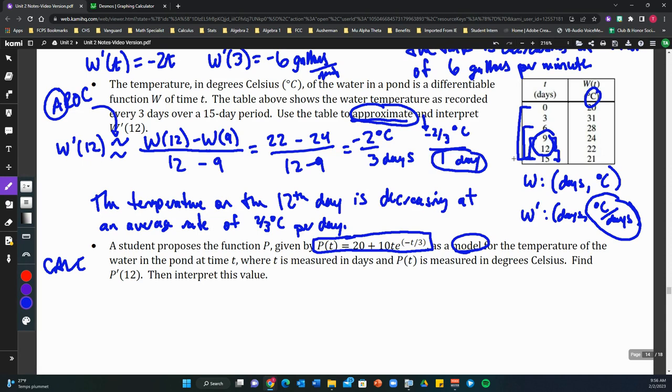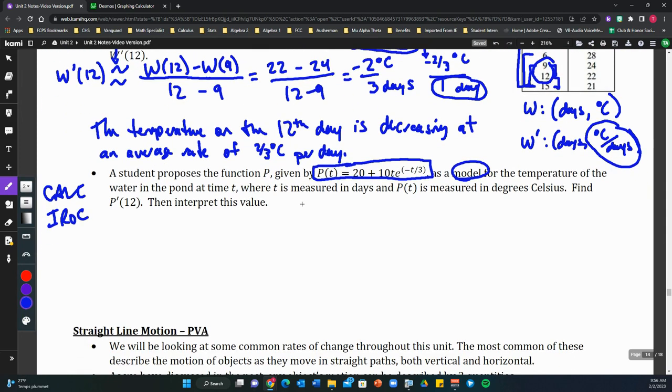So it's an approximation in the sense that we're using a model, but we are not going to approximate again with the average rate of change process. Now we are going to find the instantaneous rate of change of this model equation. So it's an important difference there between these two problems. So to do this, we're going to find the P of t equation, and then we're going to substitute 12 in. But if I were to do this by hand, so it is possible to do this by hand, but